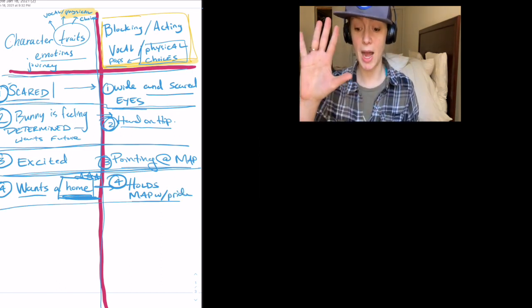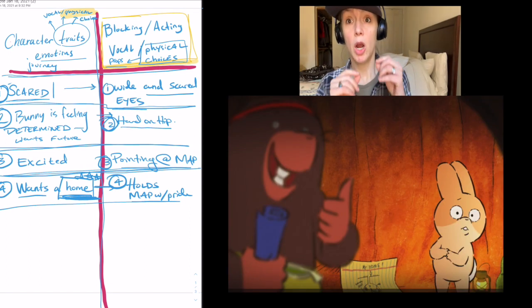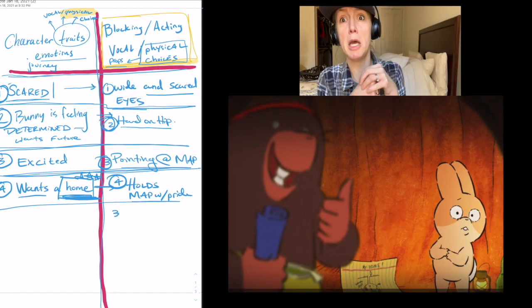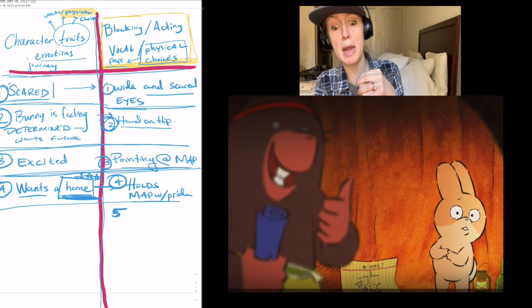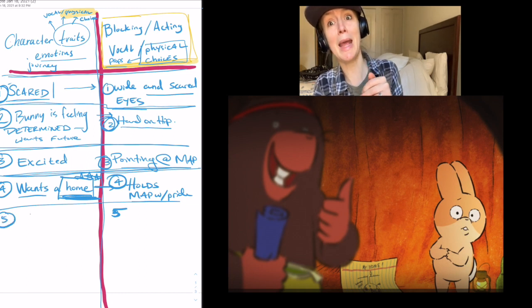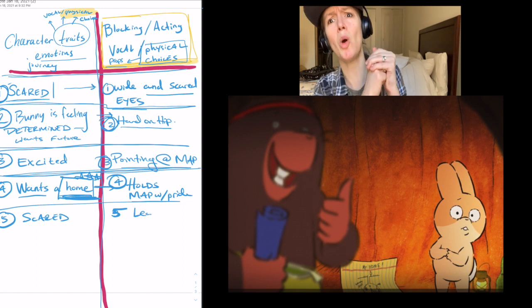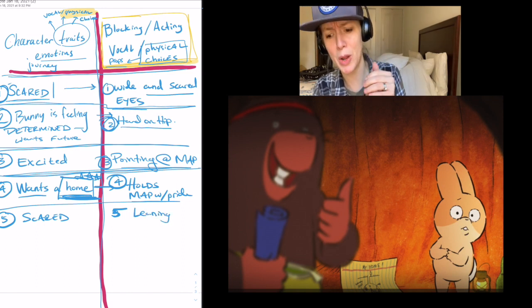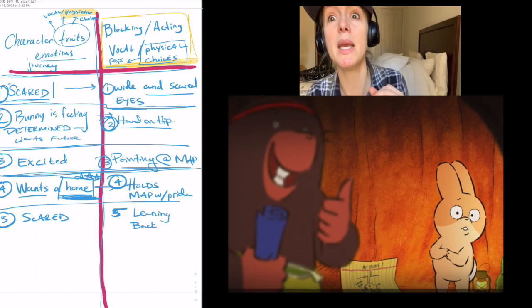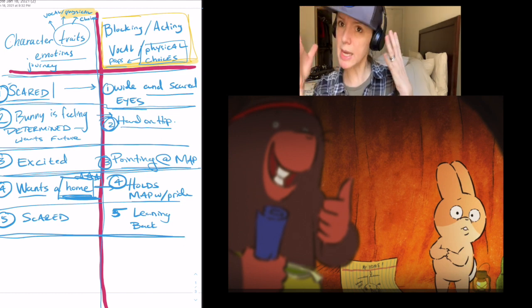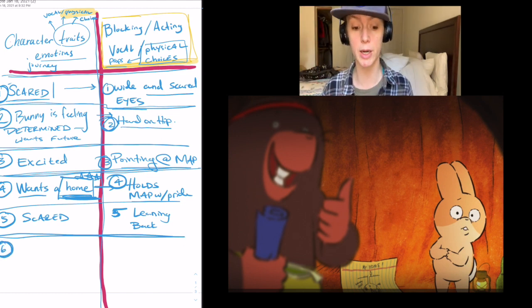Number 5. He's putting his hands together and he's acting afraid because it looks like there are other builders in the world that may take away the land that he wants to create his home. There might not be enough space in this world. So this internal conflict is starting to brew.